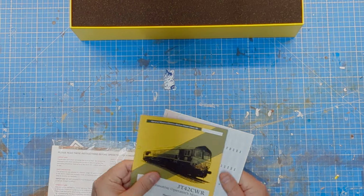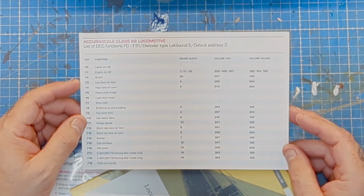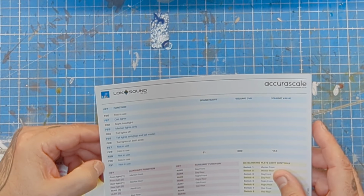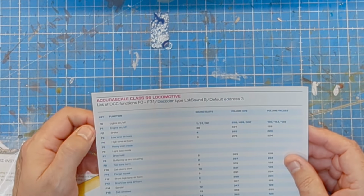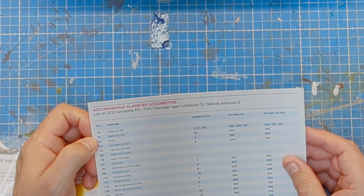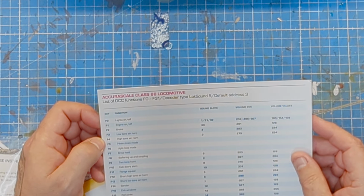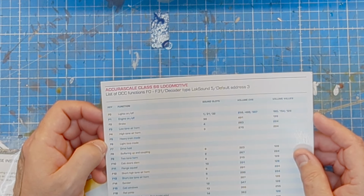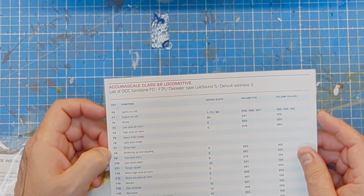And then we have the DCC function list, because this is a sound fitted model. This one goes up to 19. Oh no, it doesn't, it goes up to function 26. So function 0, lights on off, function 1, engine on off, function 2, brake, function 3, low air horn, function 4, high air horn, function 5, heavy train mode, function 6, light loco mode, function 7, drive hold, function 8, buffering up and coupling,